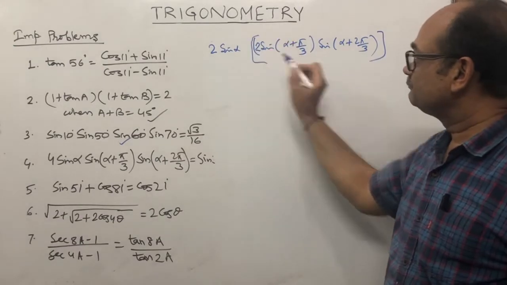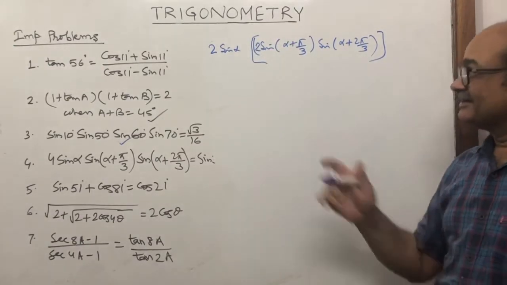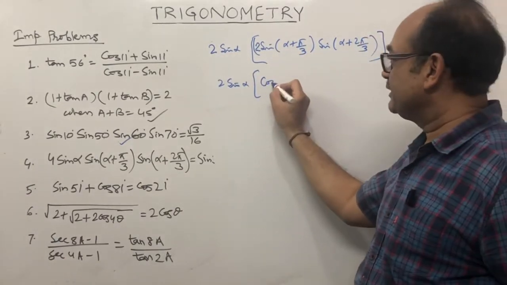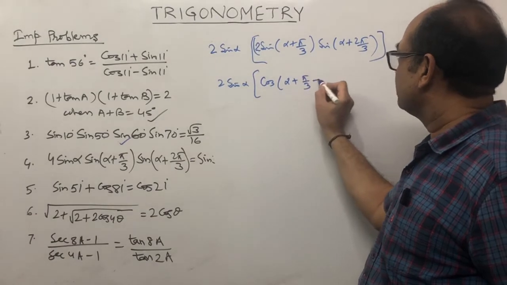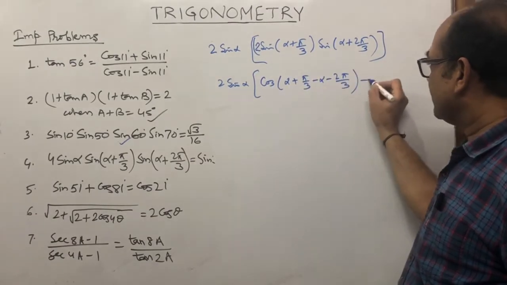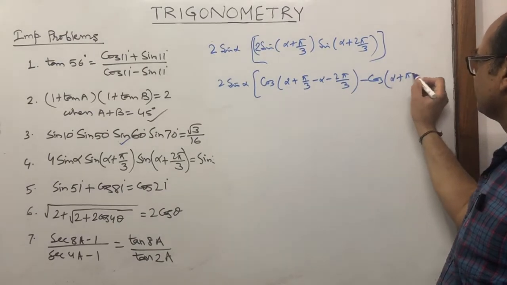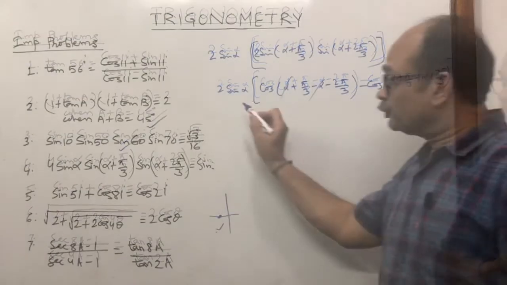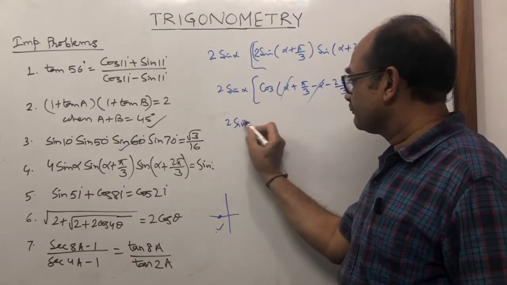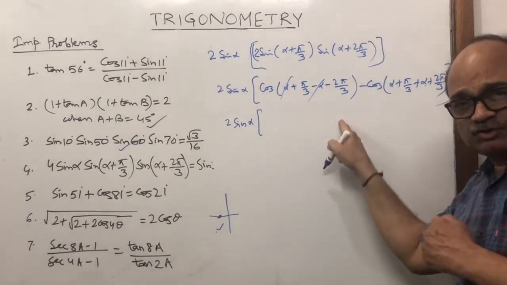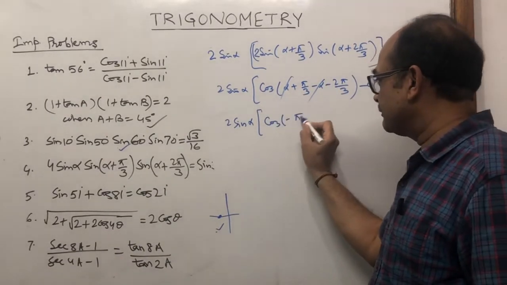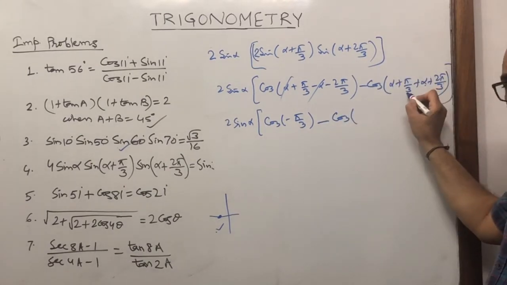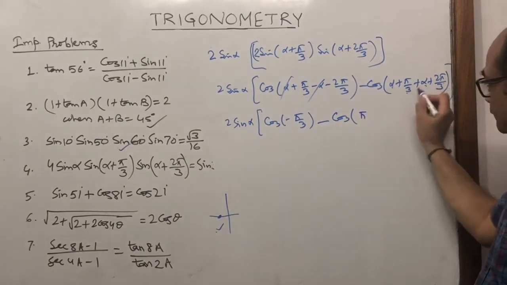Our work is done. The 2 sin A sin B formula has been formed. So here 2 sin alpha as it is, but it will become a formula, cos A minus B minus cos A plus B. Correct? 2 sin alpha as it is, and inside pi by 3 minus 2 pi by 3, that is cos minus pi by 3 minus cos 2 pi by 3 and pi by 3, that is pi, and 2 alpha, alpha and alpha,